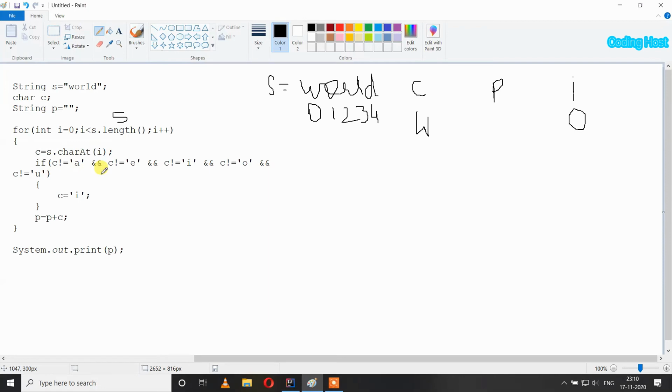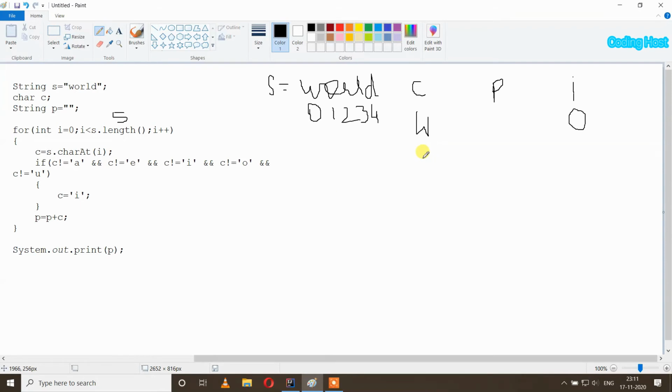So it means that if all these conditions are true, that is, if the character is not equal to a, e, i, o, u, in that case this if statement becomes true, because if the character present in variable c is not a vowel, it is a consonant and we have to replace it with the vowel. I have taken i, so we will replace it with i. So in this char variable c we have w and we will replace it with i.